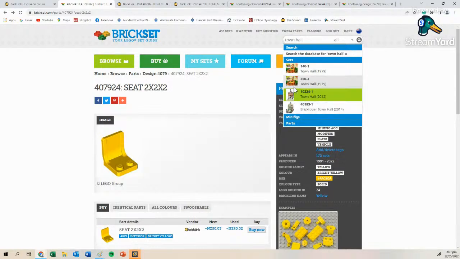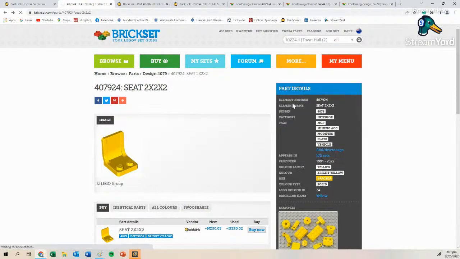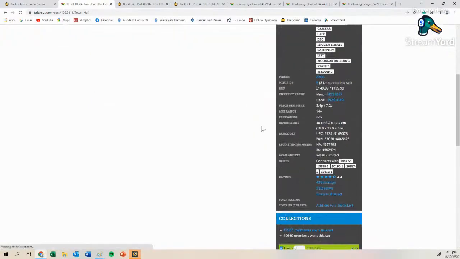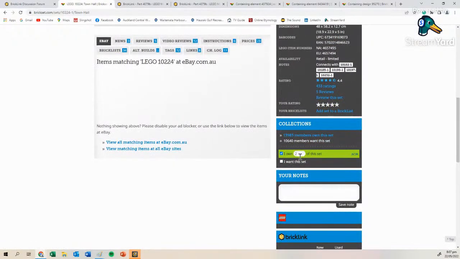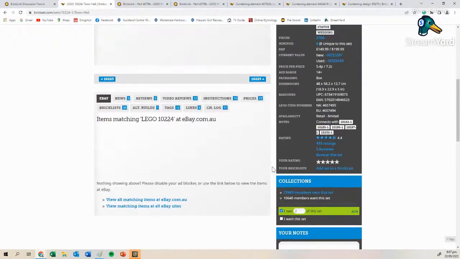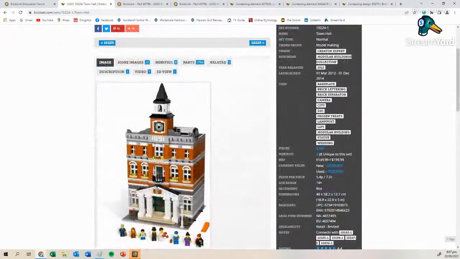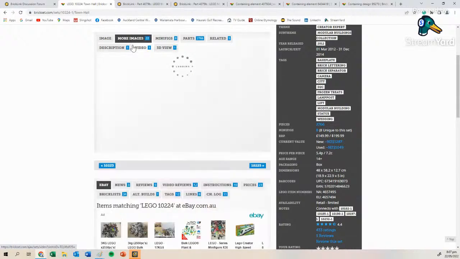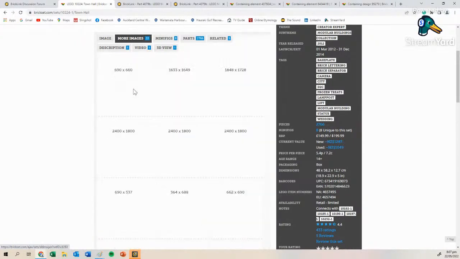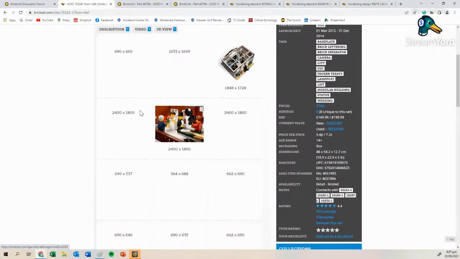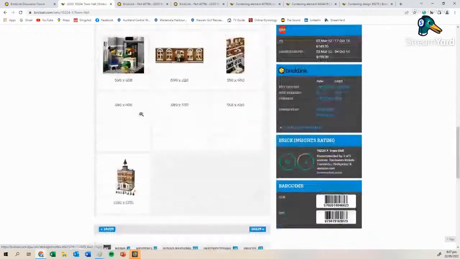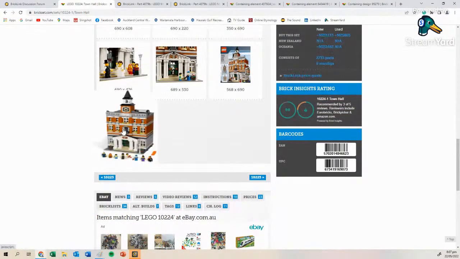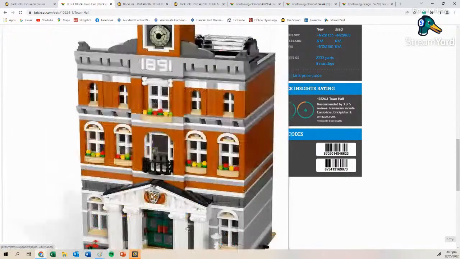In one of the modulars, I click on that, and if you scroll down, we'll scroll down here, I own 2 of those sets, and I was merging them together to make a big town hall. And if you look at this set, go into more images, as I described what I wanted to do, because I was merging this set into two to make a very big town hall, I found that at the